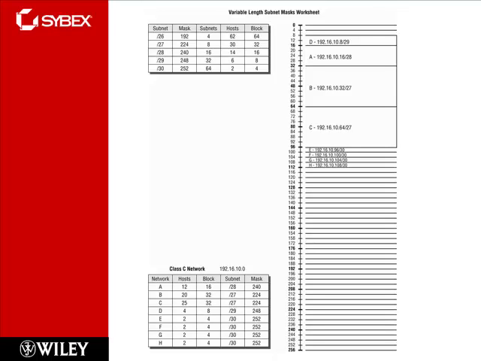And now he says in B we need 20 hosts. How many bits do we have to have for 20 hosts? 5 bits: 2, 4, 8, 16, 32, which leaves us 3 bits for network. So that's going to be what? 128, 64, 32 will be the network address. So we start here,